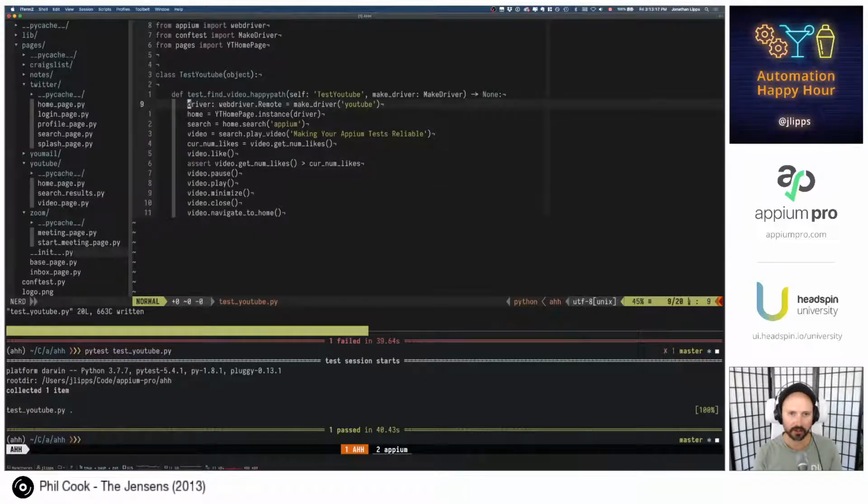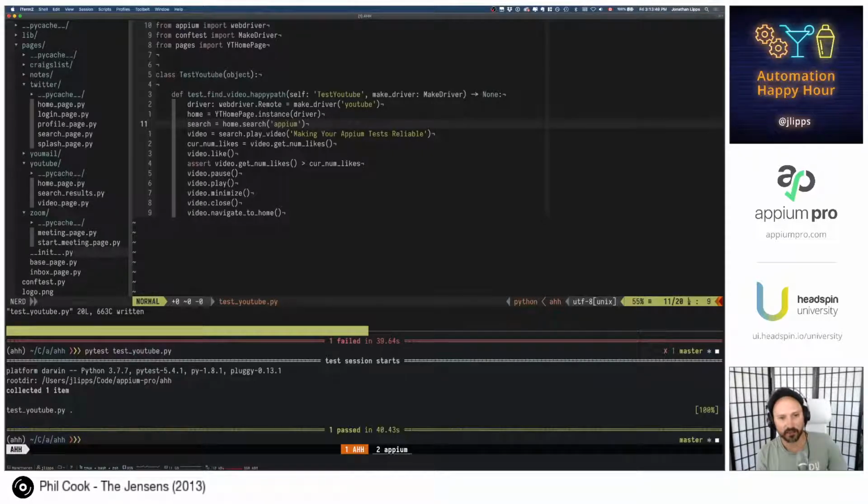We figured out how to launch YouTube. We actually built out our page objects just from using the application, which is, I think, a good exercise because it helps you think about what you're doing without any locators in the picture at all. Because page objects really aren't about locators. I mean, they can hold locators as a sort of implementation detail. That's really about what are you doing with this page? So we took the opportunity to say that in code in Python.